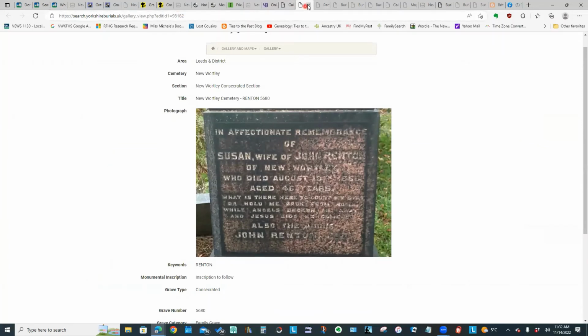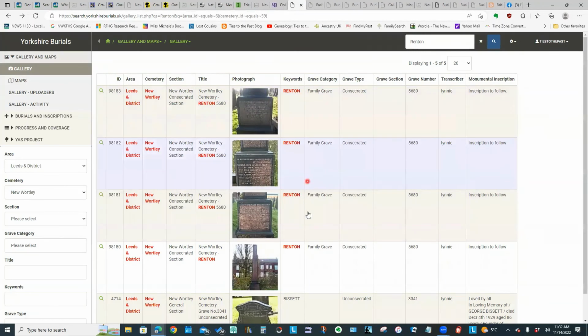So again, I find this particular website is one that I go to quite frequently when I am looking for burial information, graves, headstones for my Yorkshire ancestors. So that's a website you might find interesting.